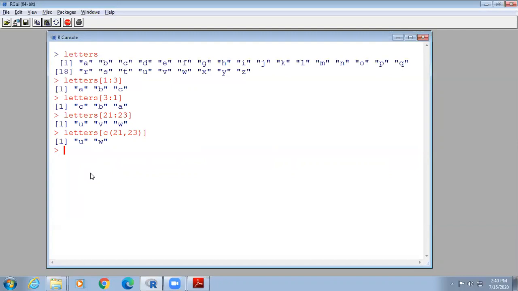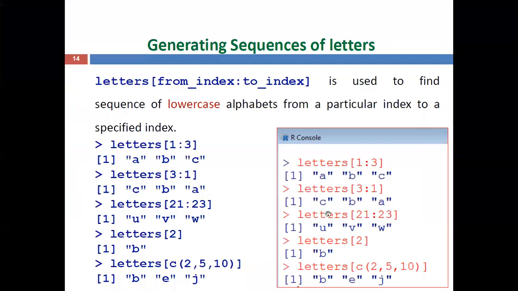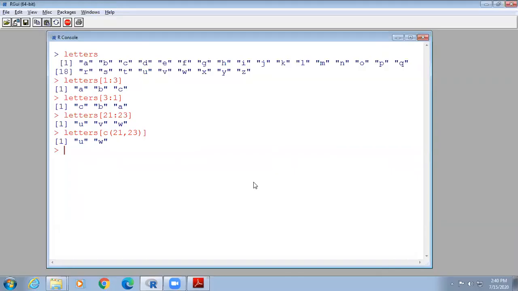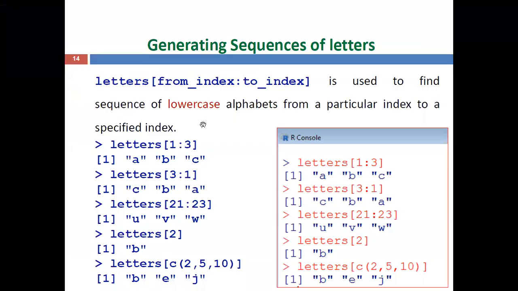You can see the 21st one is u, the 23rd is w, by using range values with a vector. Or directly by calling a direct position. If you give 1, it displays the first letter. Then if you give 23, it displays the 23rd letter. That is the use of letters.